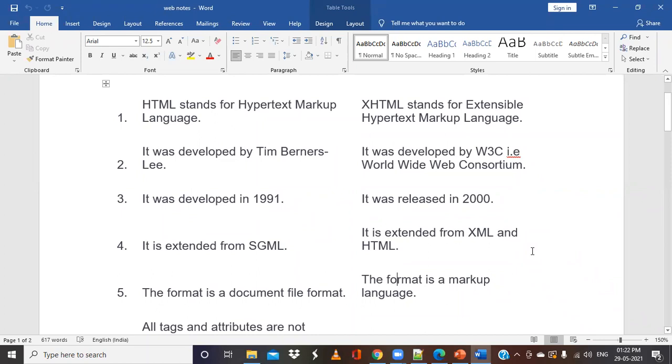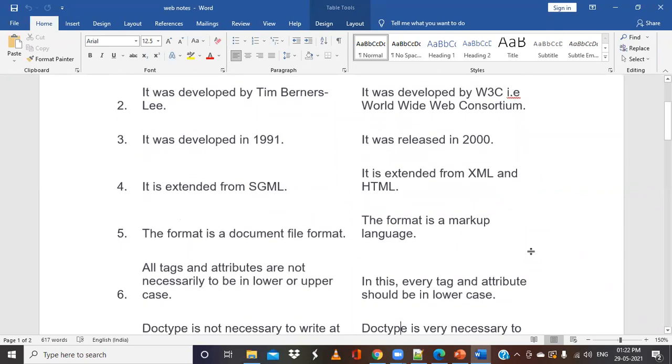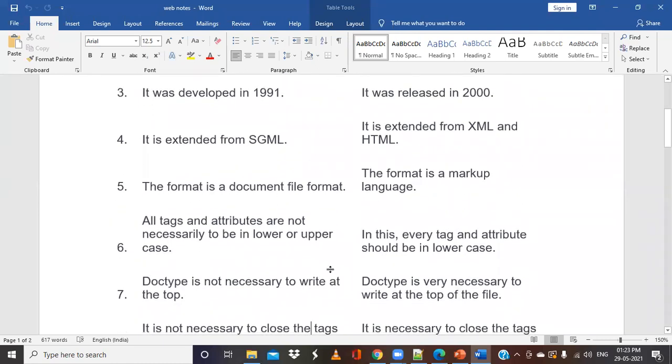Here the format is a document file format in case of HTML, but in case of XHTML, the format is a markup language. And there are some other differences as well. This we will understand when we actually start programming with it. In case of HTML, all tags and attributes are not necessarily to be in lower or uppercase. We'll understand what tags are later.